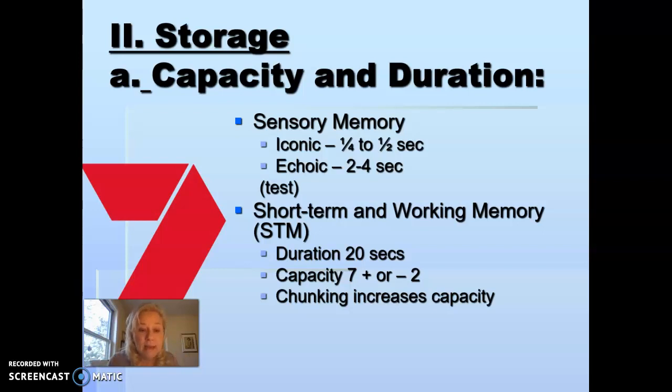So if you can add meaning to those chunks of information, that's even going to expand even further your working memory. 1776, Declaration of Independence; 1865, when Lincoln was assassinated; 1941, bombing of Pearl Harbor; 2001, terror attacks in the